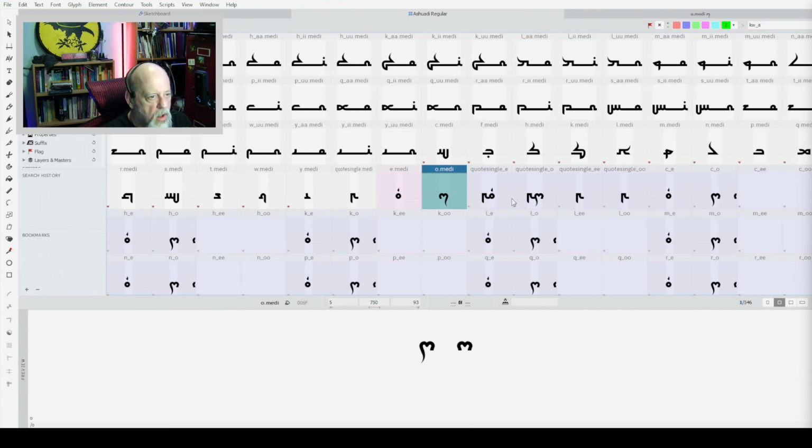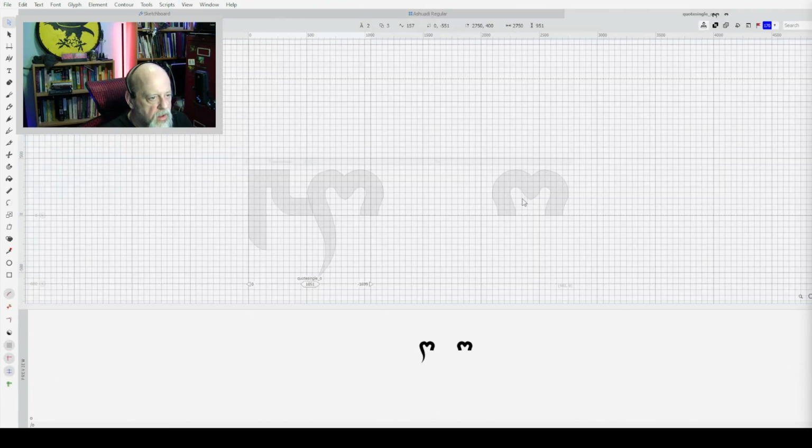So, quote single O. You'll see what it's done here. Well, maybe you won't, but what it's done is it's taken the first letter of this and drawn it in here.